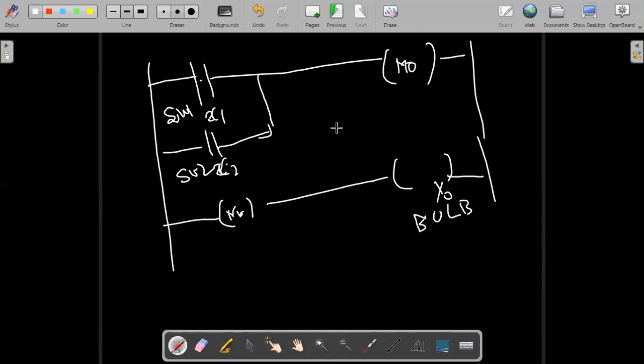Now I need you to work on the third logic. What should be added and where, so that if I press switch 1, switch 2 can make it off. Using switch 2, you can make it off. If I use switch 2, using switch 1 I can make it off, the reverse. What modification do I need to make in this one to enable that logic? I want you to work it out on a piece of paper or so, and you can share.